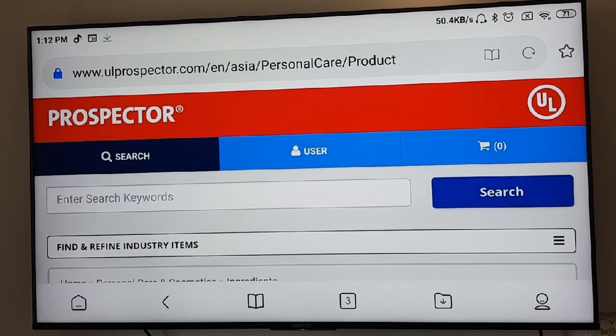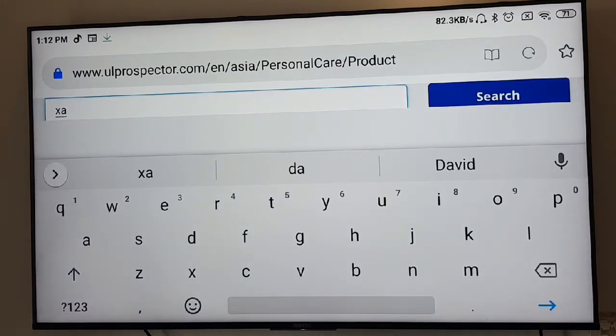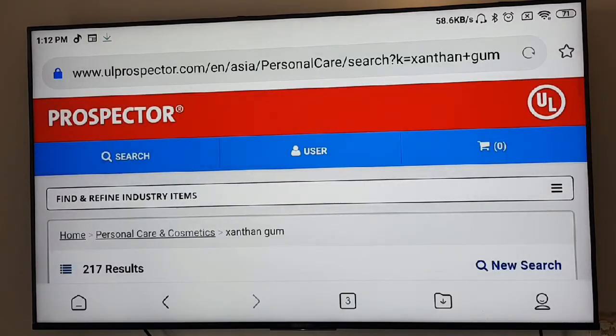I will put xanthan gum, search. There are 217 results on xanthan gum, meaning there are many companies making various grades of xanthan gum.